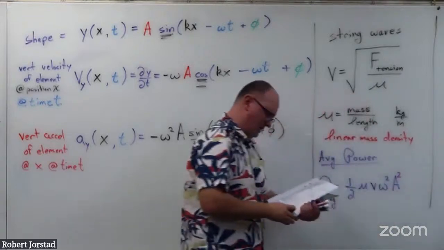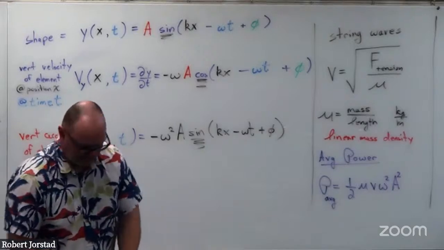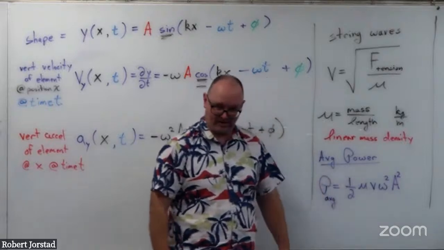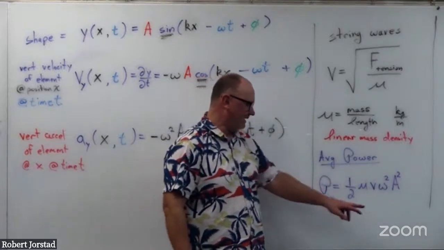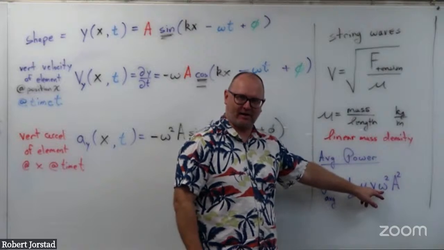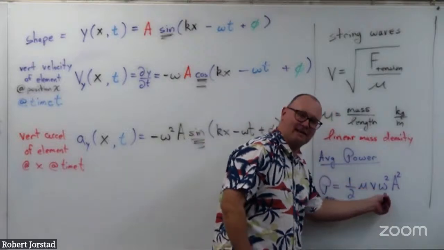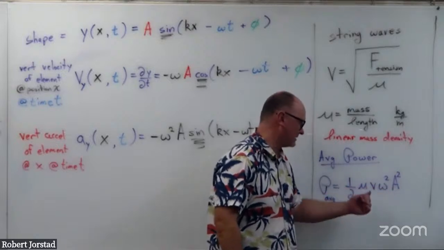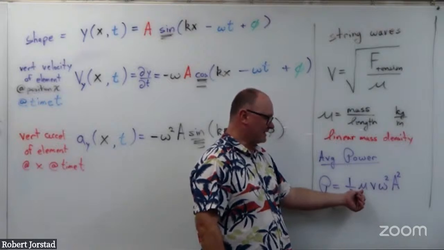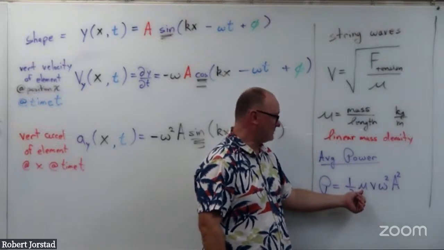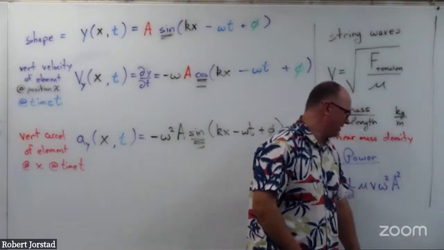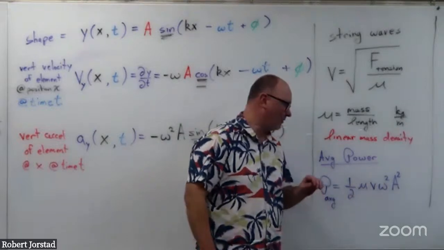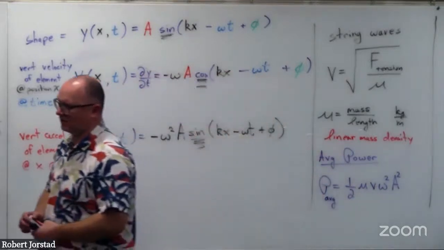And I think that's kind of an interesting equation worth mentioning. We can see that the rate at which energy transfers depends on the amplitude squared. And it depends on the frequency squared. I said frequency, this is really angular frequency. I hope you get the idea. Remember, omega equals 2 pi f, they're the same thing, basically. The density, how heavy the string is, and the speed. So these are the factors that affect the rate of energy transmission, the power. All right, that's enough on this. We'll do some worked examples in the next